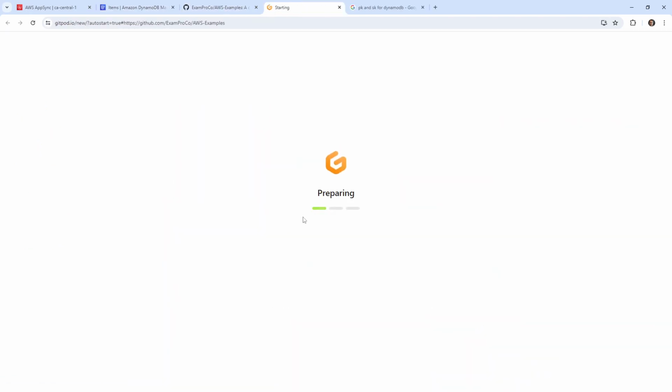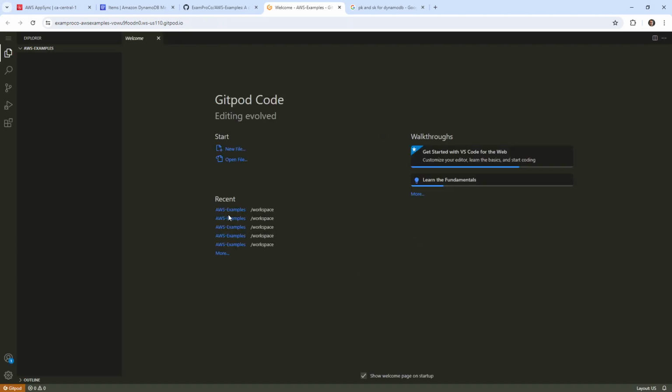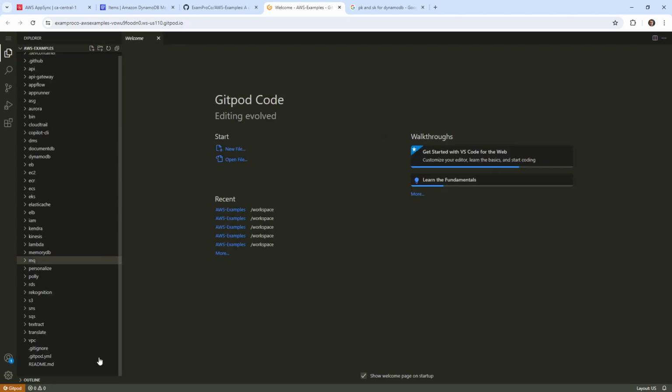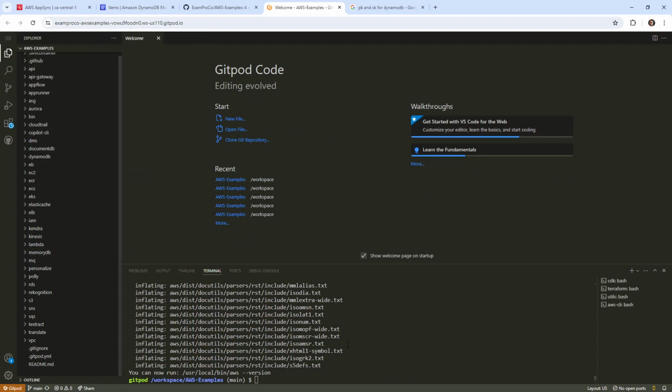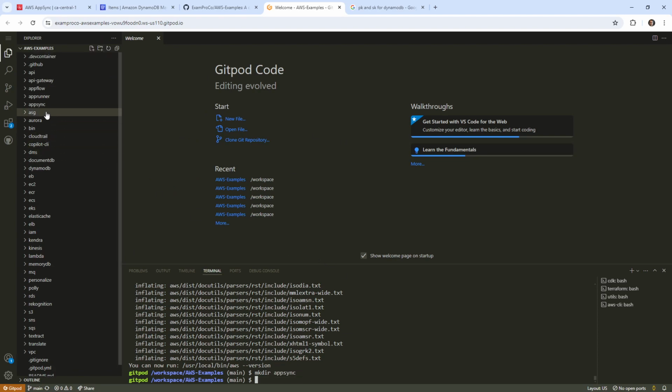I'm going to go over to our AWS examples repo. I'm going to open this up, and we will create a new folder called AppSync. So just give this a moment here to load. Shouldn't take too long. Okay, and you can see we're getting pretty large here, so I'm having a hard time making new folders, but I'm just going to go ahead here and say File, New Folder. Can I make a new folder? Nope. I'll just go down here and say mkdir AppSync. And so now I have an AppSync folder